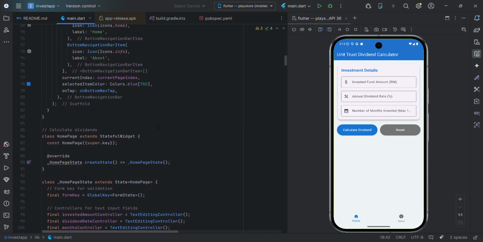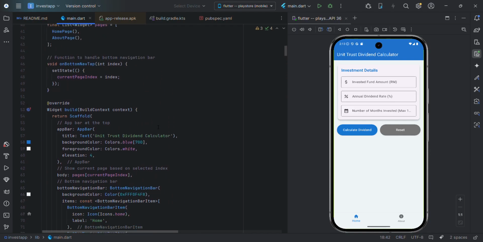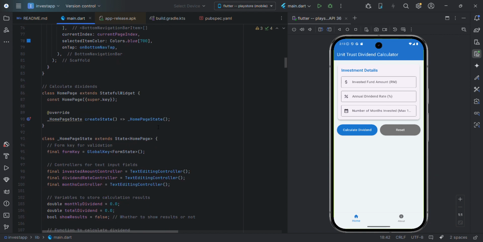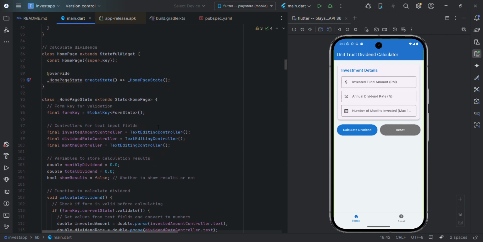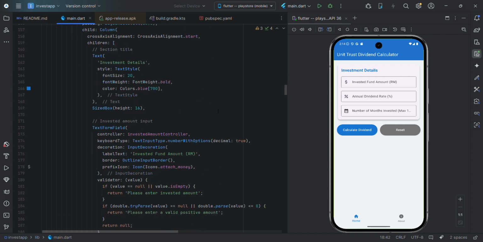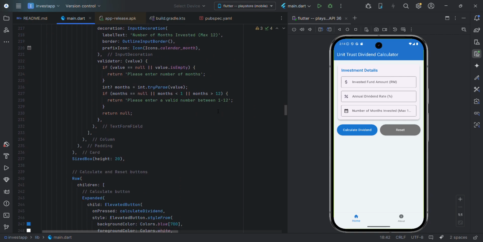For the home page, I used it to calculate dividends. This is where users will input the invested amount, annual dividend rate, and the number of months invested. It uses form validation to ensure correct inputs. So let's move on